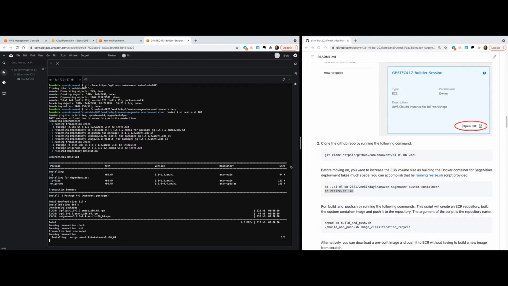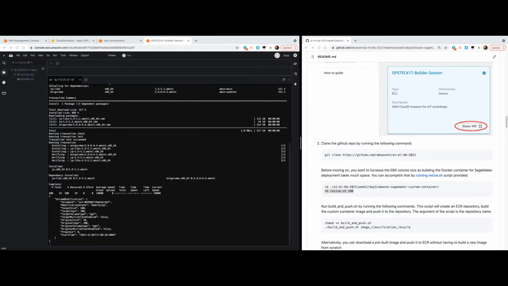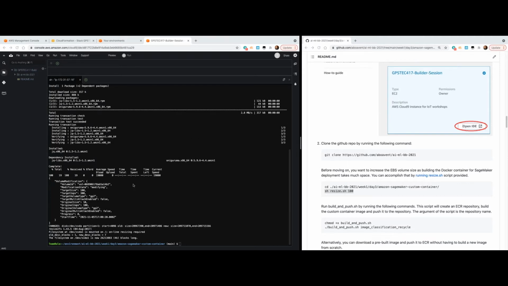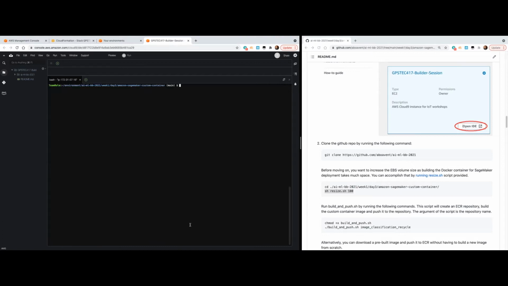Should take a few seconds. Okay, let me double check this one. Okay, 100 gigabytes the disk has right now, which is really good because we're going to be downloading an existing